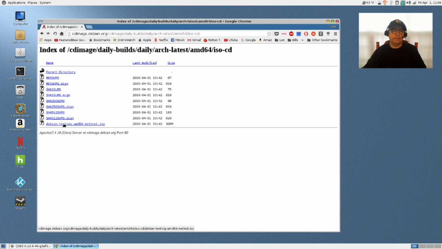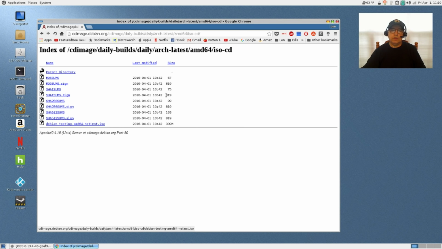When you boot up your USB, it will give you the option of a graphical install or a text. So you want to go with the graphical install, and it'll walk you through all of the selections. It's pretty straightforward. It is pretty intuitive, and it'll get you through the install.